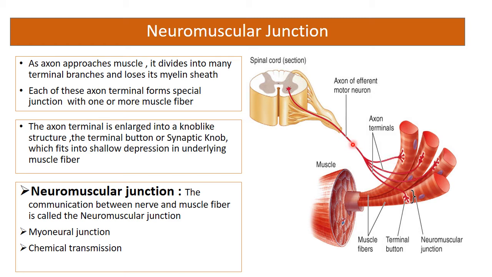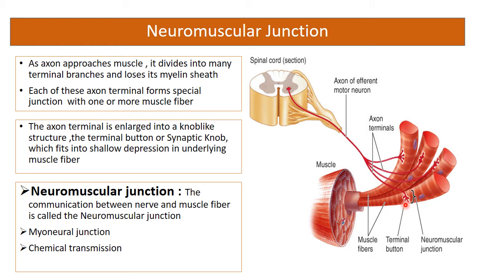Here you can see this is the axon terminal and the terminal branches, and these are making junction with 1, 2, 3 muscle fibers. Now these axon terminals enlarge into a knob-like structure, and that structure is known as terminal button or synaptic knob. Here you can see this. This is the terminal button or synaptic knob,